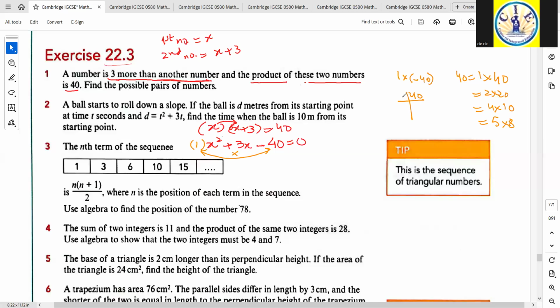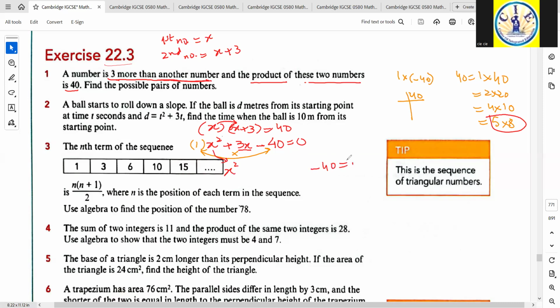Out of all these possible factors, this pair 5 and 8 is a pair whose difference would be equal to the middle term, that is 3x. So we take this pair and we write down the first term as it is, the last term,